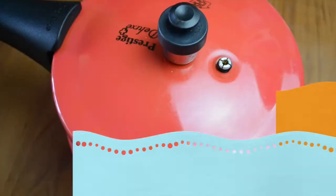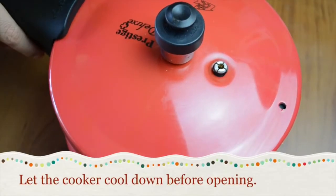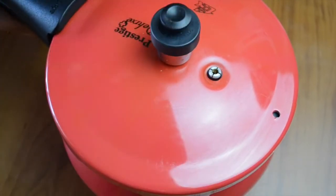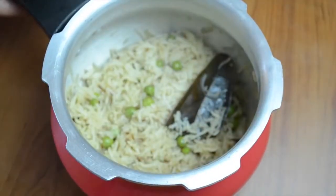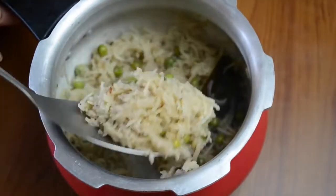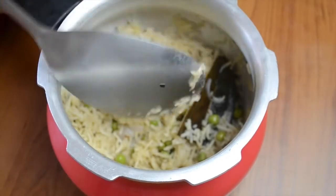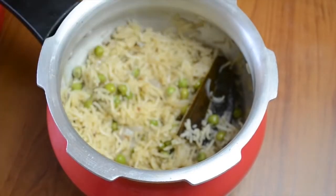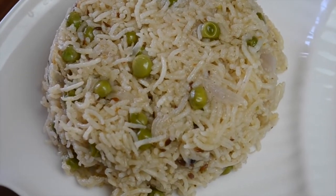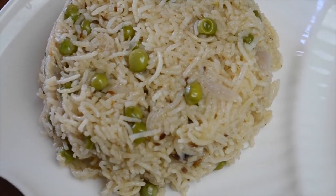So we'll cook it for 1 whistle at high and 1 whistle at low heat. And then now it's cooled down. Let's see. See, it's looking nicely cooked. In all, it takes you anywhere between 10 to 15 minutes and it is nice and soft. I'm sure your child will love this for his or her